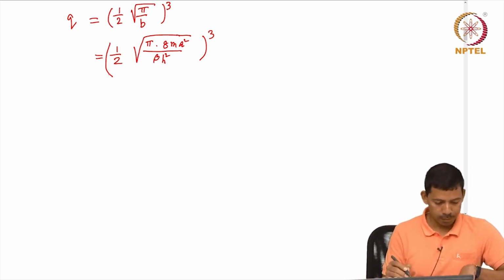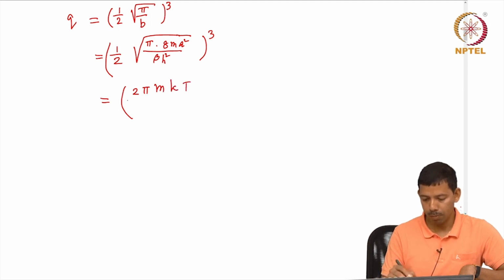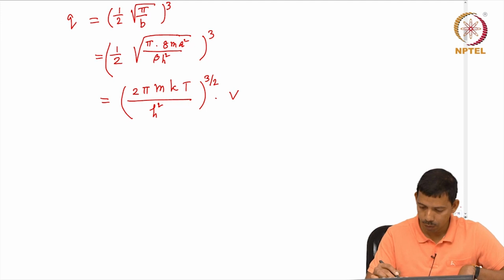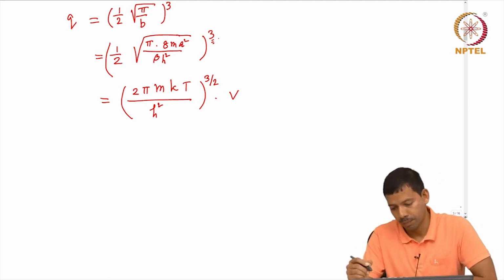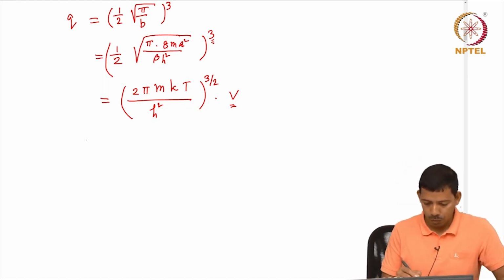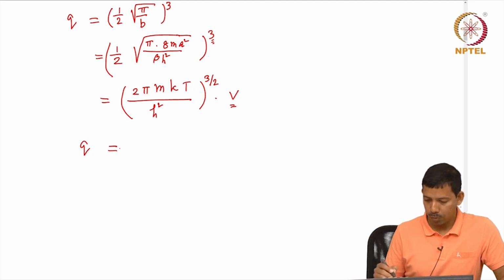If we simplify, this will turn out to be 2 pi m kT, where k is the Boltzmann constant, divided by h square, to the power 3 by 2, and volume, because you have a square root of a square, which is a, and a to the power 3 is nothing but the volume of the box, and that is V. So you got q of a monoatomic gas as V divided by lambda cube,